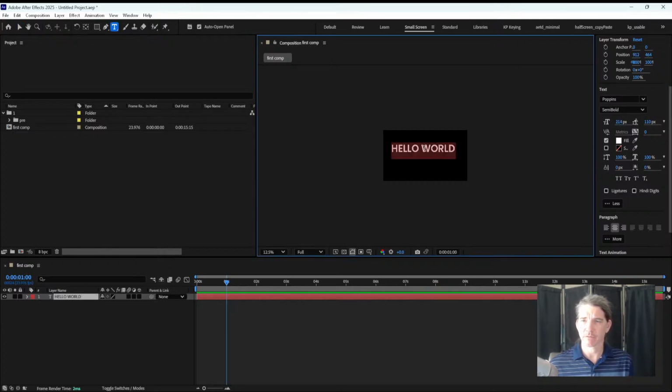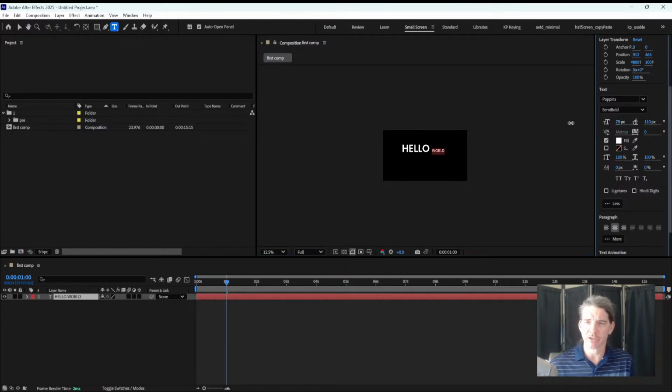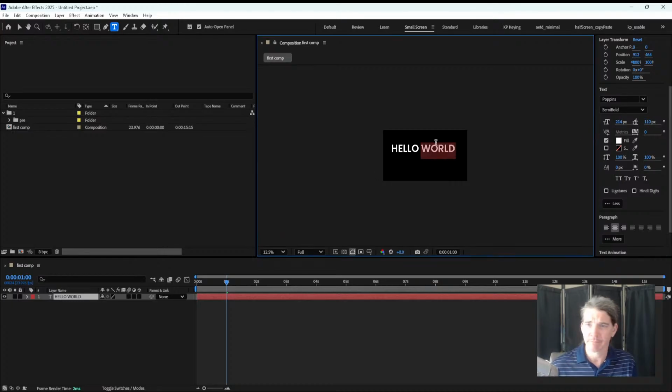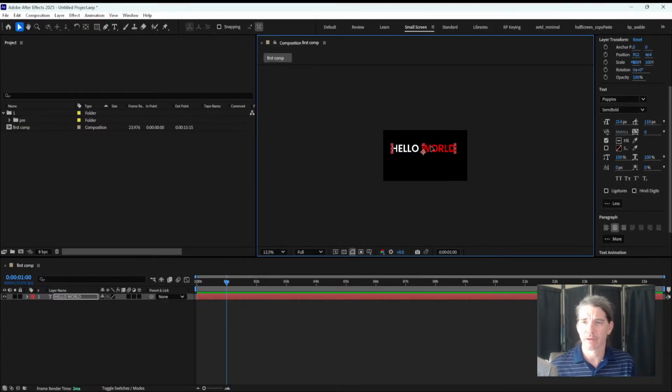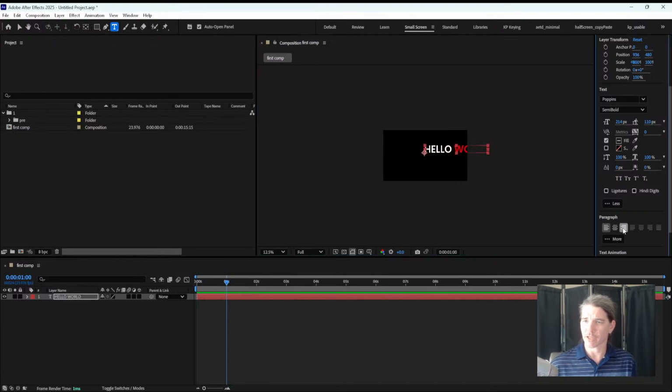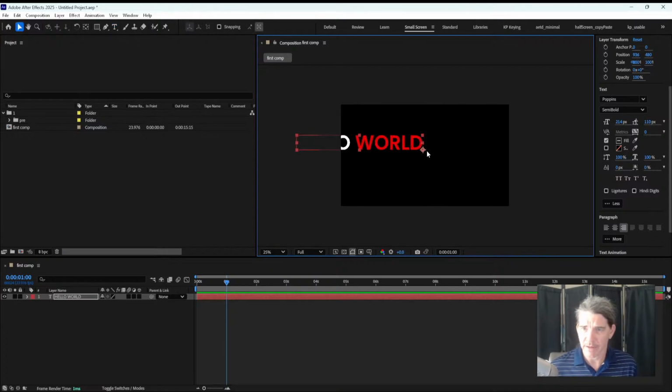You can select text just like you would in After Effects or in Adobe Illustrator or Photoshop or pretty much any other program. You can select, you can change the colors of that if you want. We could make it left aligned, we could make it right aligned, and you can see this little item here, this little crosshair,